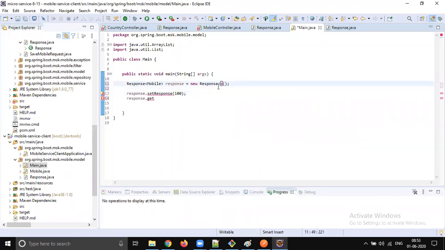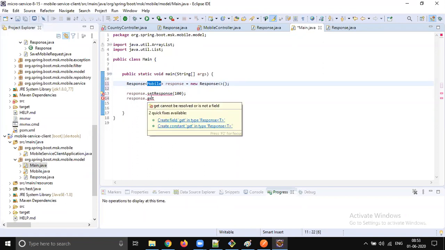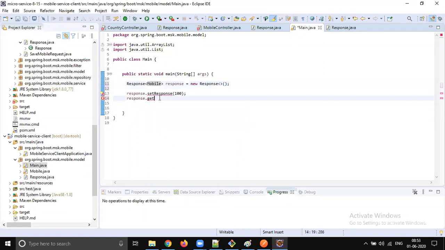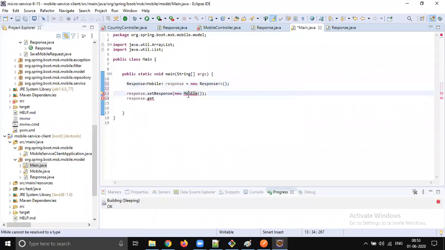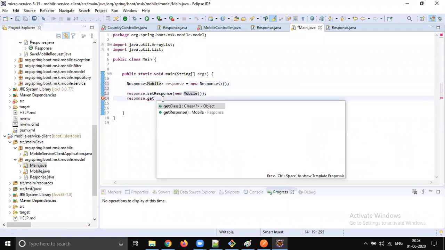So let's use JDK 1.8. Let's write in VS Code. While defining at the left hand side itself, we come to know what data we are storing. So here we need to store only mobile data. While you are retrieving the data back, we will make sure we get mobile, no typecast required. When you call the mobile service, you will get mobile DTO.